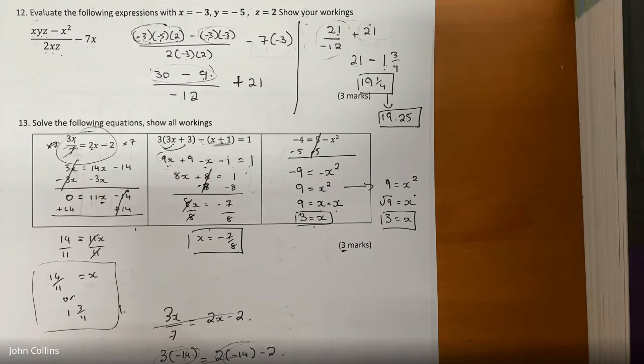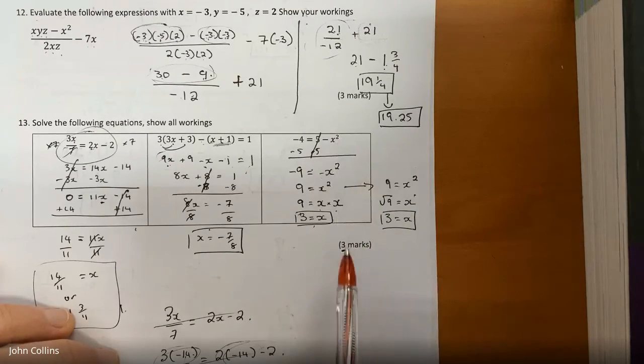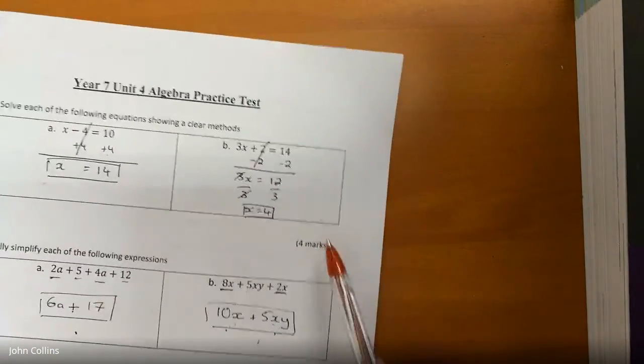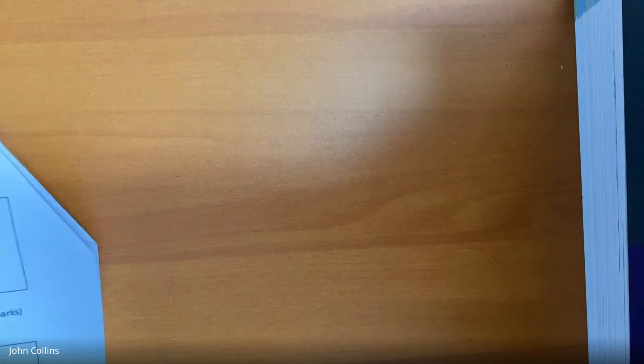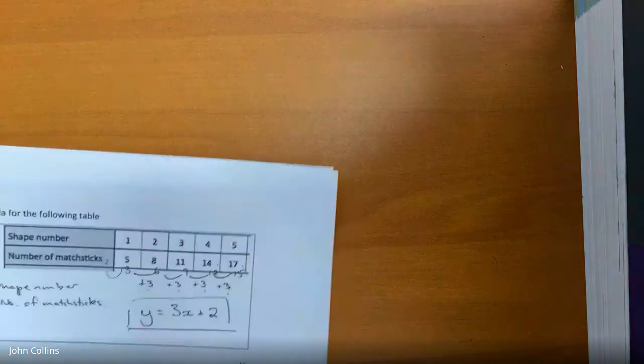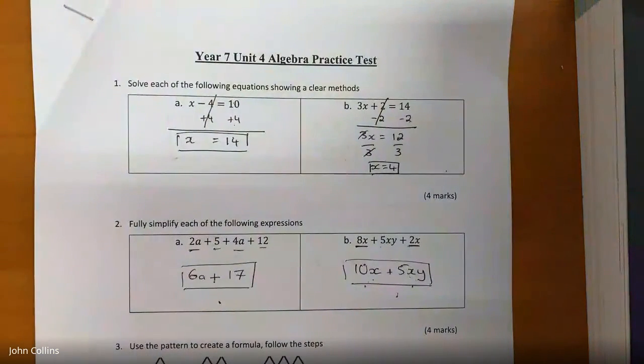Mr. Collins, what is the test out of? Yeah, that's a good question, actually. So this one is out of 3, 6, 9, 13, 4, 23, and 4, 27. And 12 is 39, and 10, 49, and 3. 52 marks in this one. 52. So, thank you, Charlie. 52 marks. So if you want to work out your percentage, which of course you should know how to do anyway, but you